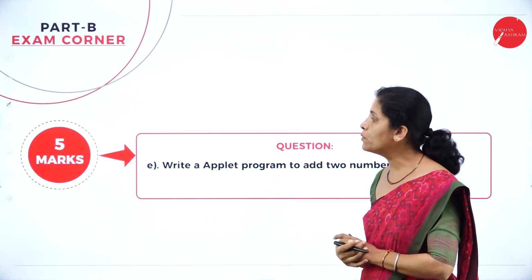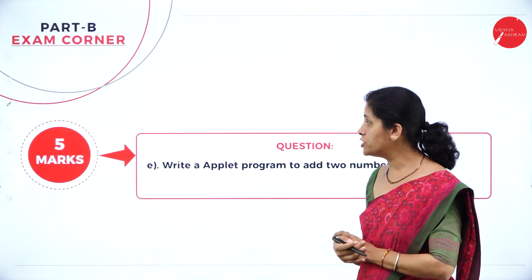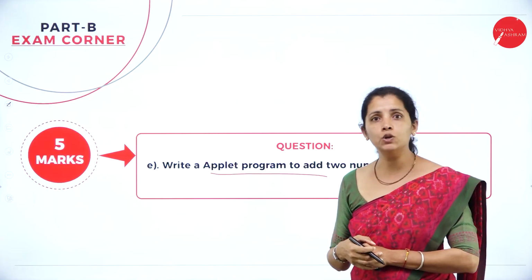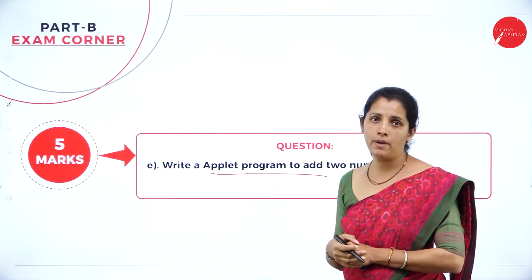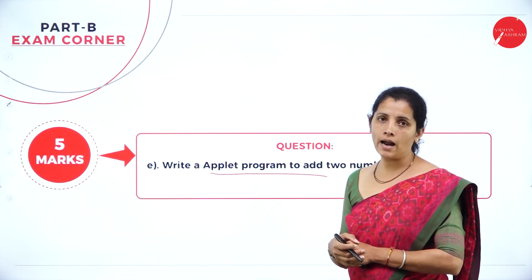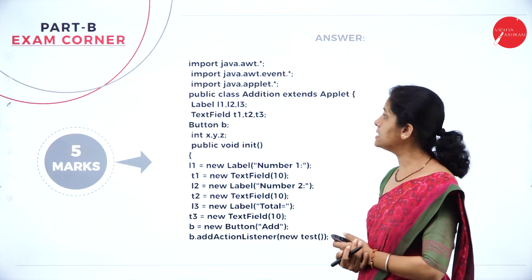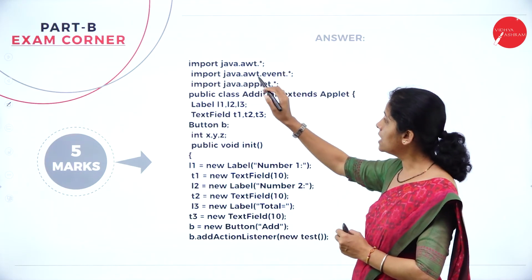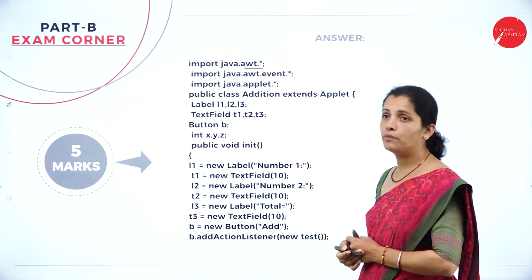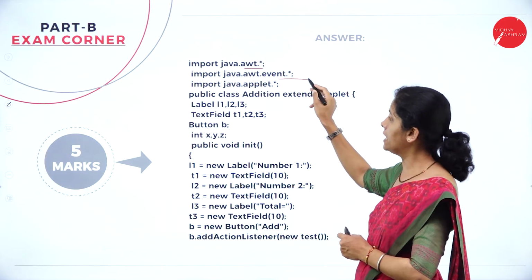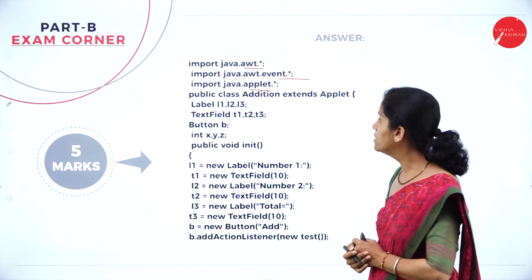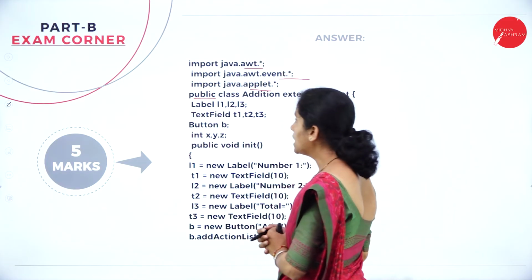Now, dear student, I'm going to have another question, that is: write an Applet program to add 2 numbers, and it carries 5 marks. So dear student, this is the last question under part B. Let's see the program here. I want to import AWT, that is Abstract Windowing Toolkit, AWT events, and Applet, because I'm writing an Applet program. Fine. Public class